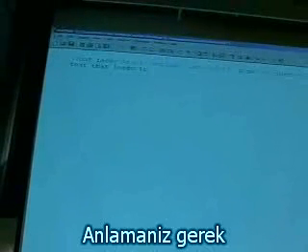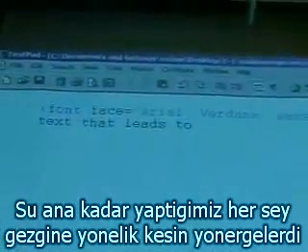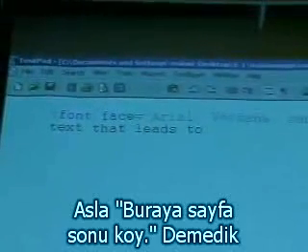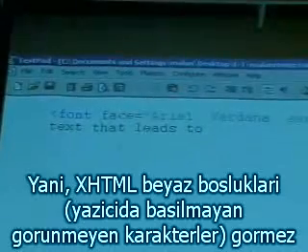Good. You have to tell it. You have to break somehow. So everything we've done thus far is sort of like an implicit instruction to the browser. Put the body here. Put the title here. Make this bold. Make this blue. We never really said put a line break here. That is to say, XHTML ignores